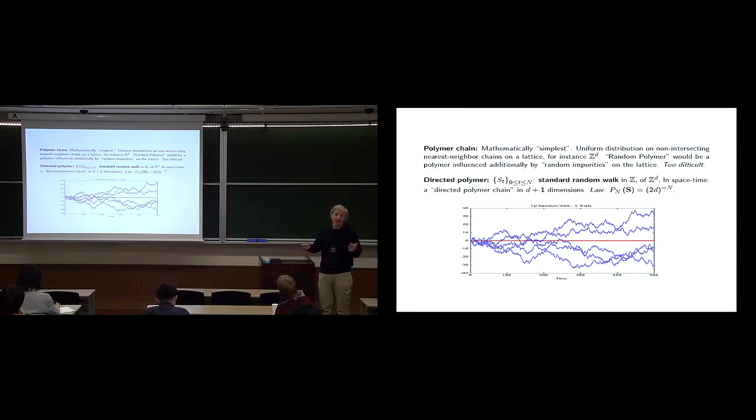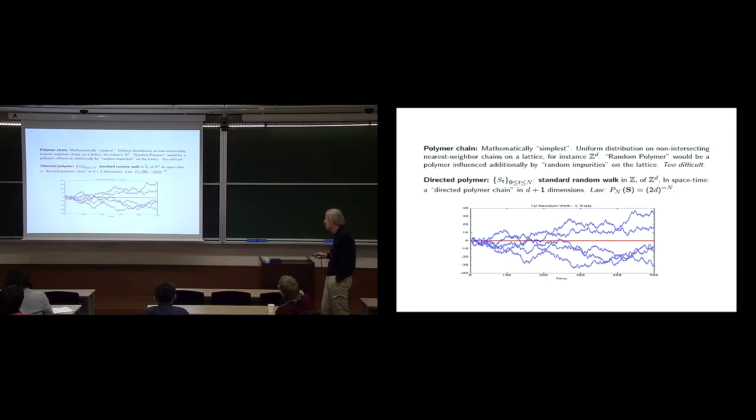So now this is, I would say, the holy grail in probability theory. Whenever somebody proves something substantial about that in 3 dimensions, I would guess he gets the Fields Medal. So this is much too difficult to discuss, except in high dimensions. There is a lot known in high dimensions, and of course in 1 dimension it's a very trivial object. But in the interesting 2 and 3 dimensions, and even in dimension 4, these are very difficult objects. Now a random polymer would then be a polymer which is additionally influenced by random impurities, which are living on the space. Now, as I said, this is too difficult, and therefore